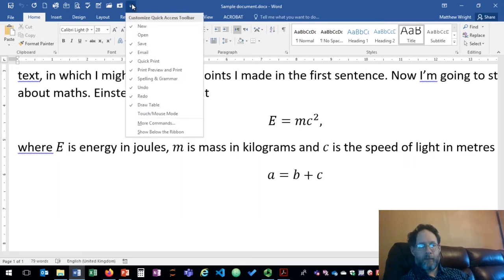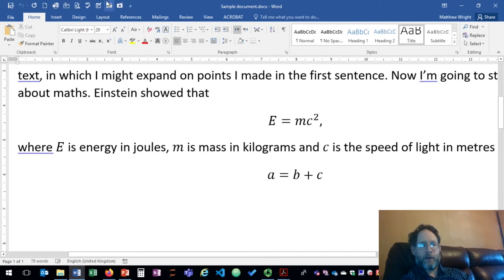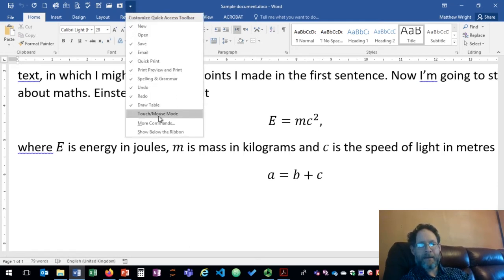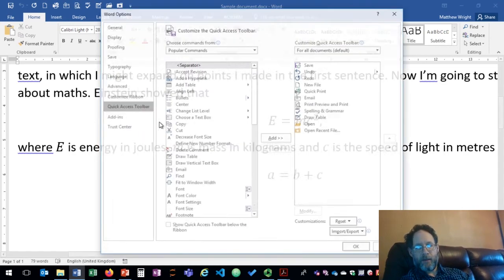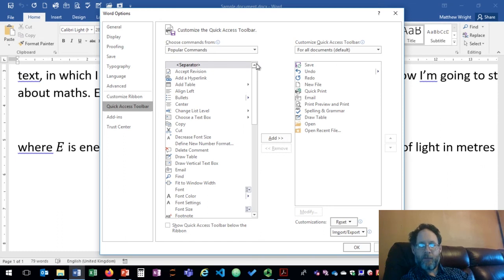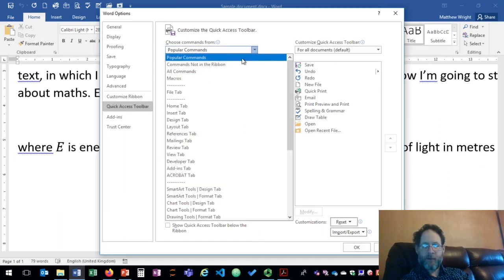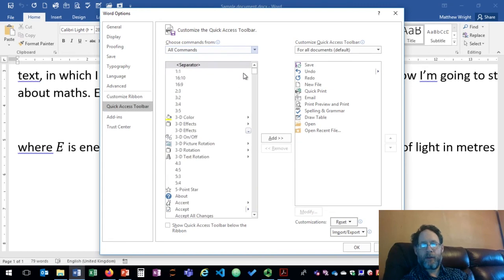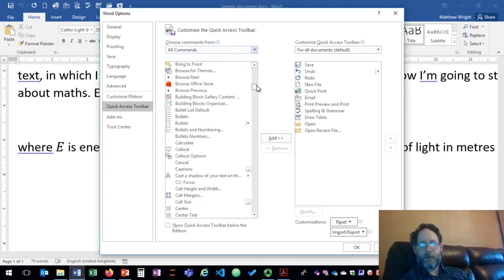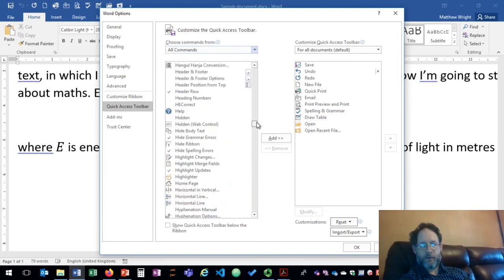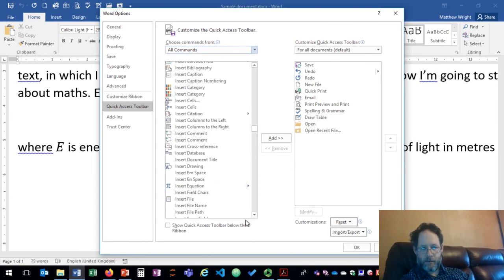If I pull down this menu, these icons here are for quick access to things like new document, print, etc. and Insert Equation isn't currently one of those, but I can add it by selecting this menu at the end, going to More Commands. That lists all the popular commands. For some reason Insert Equation isn't one of the popular commands, but if I change it to All Commands, then I get a very long list of things that I could put up there. If I scroll all the way down to I for Insert, and somewhere I find Insert Equation,